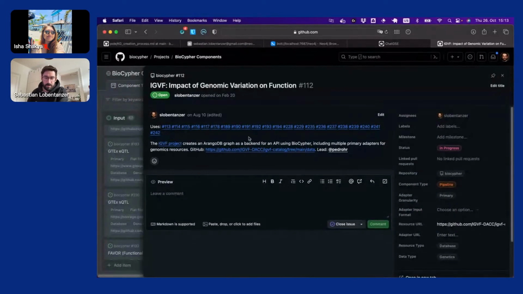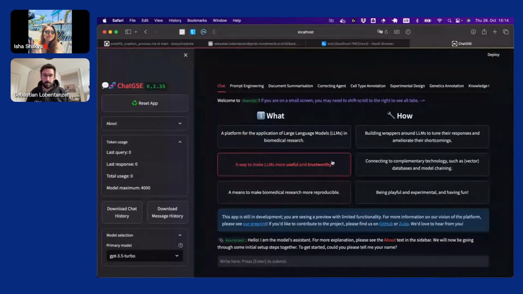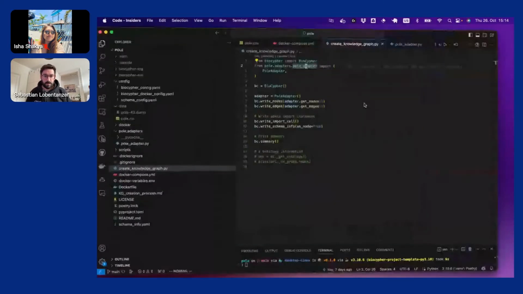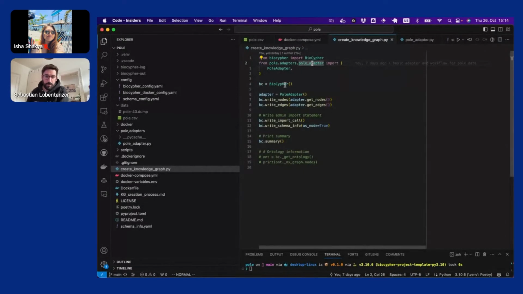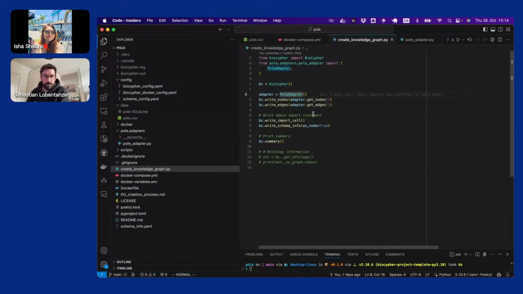So this is the IGVF project. We also use this board to generate a metagraph with the BioCypher pipeline, so that you can have a knowledge graph about the knowledge graphs that we build. You can find this on GitHub. Once you have the BioCypher instance with the configuration and the adapter, you simply need to get the nodes and edges from the adapter.